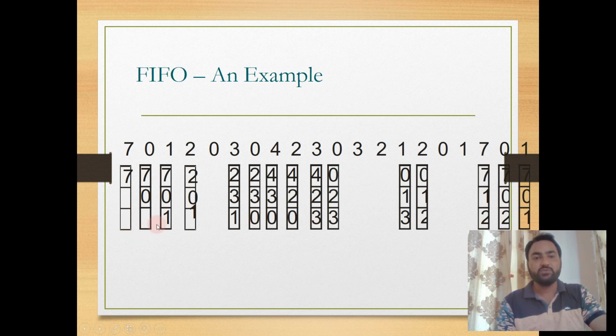These are 1, 2, 3, 4, 5, 6, 7, 8, 9, 10, 11, 12, 13, 14, 15. So the total number of page faults are 15 in the first in first out